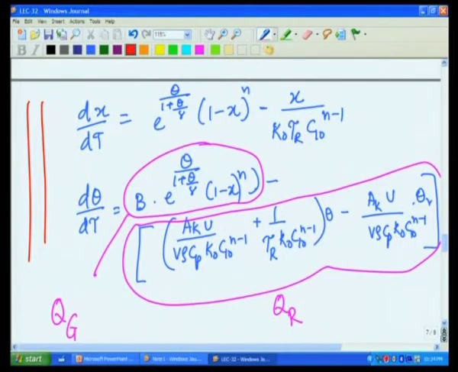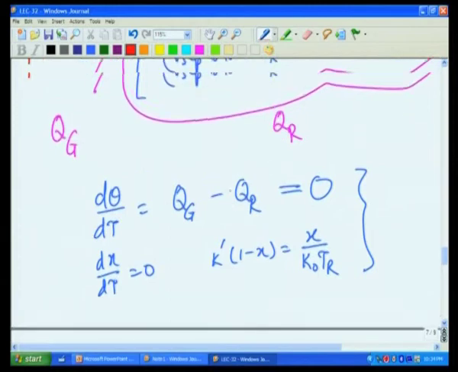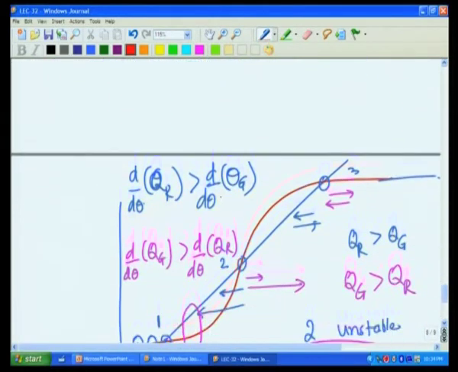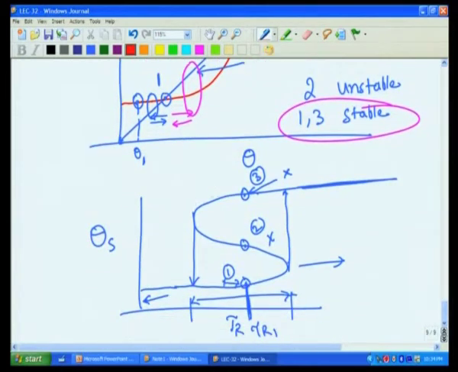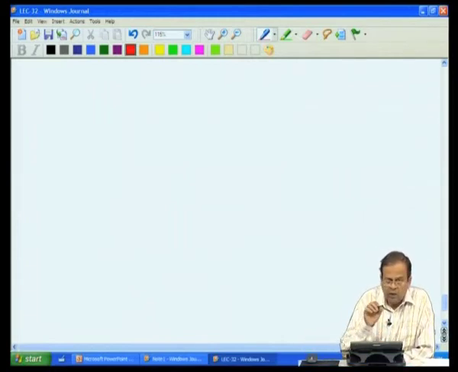Okay. Now, we will take these mass and energy balances and represent them in the form of heat generation term and heat removal term, as we have done over here. So, what I am going to do is rewrite those mass and energy balances just to keep things in a proper perspective. I am going to take only first order reaction, okay, to simplify matters considerably.